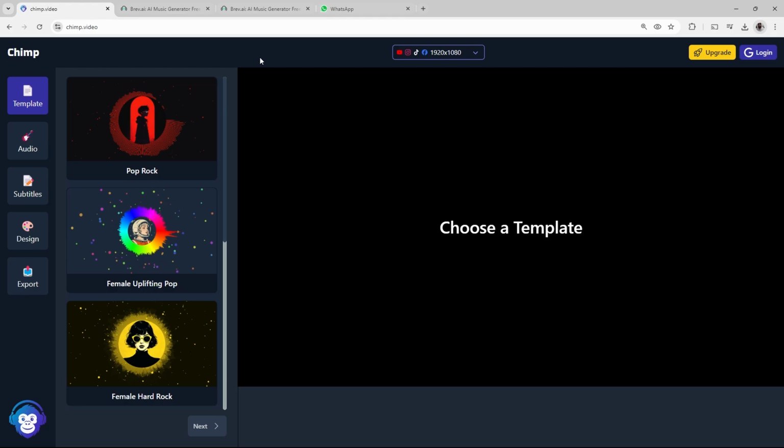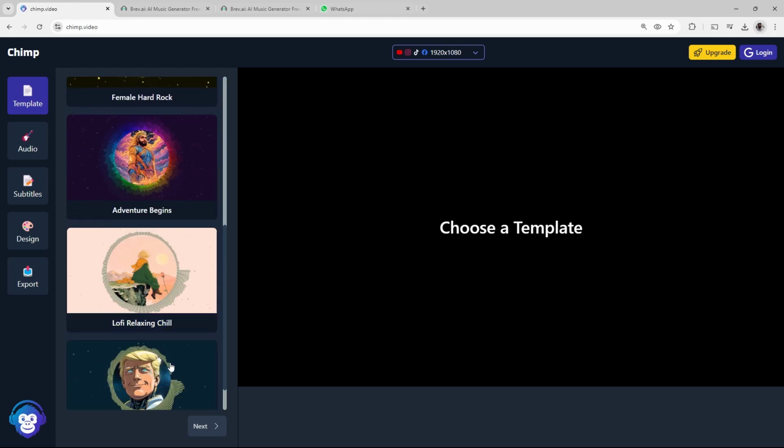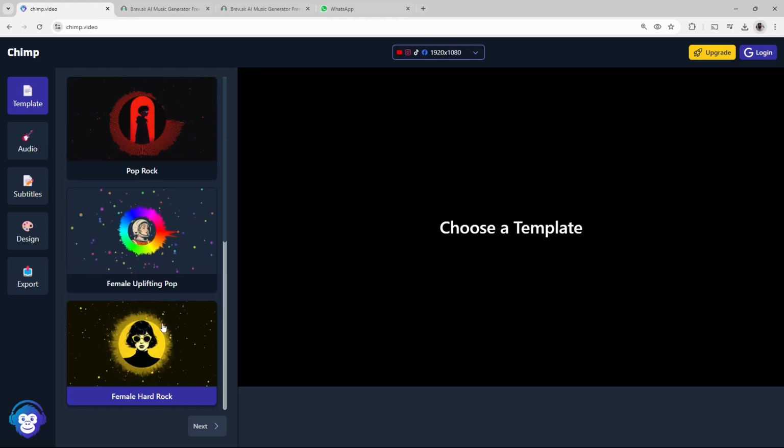So we can see here that it asks us to choose a template. So on the left side here we have all of these templates. I am kind of thinking about a cyberpunk song, so this looks good. There's a lot of neon here, and once I click on it,